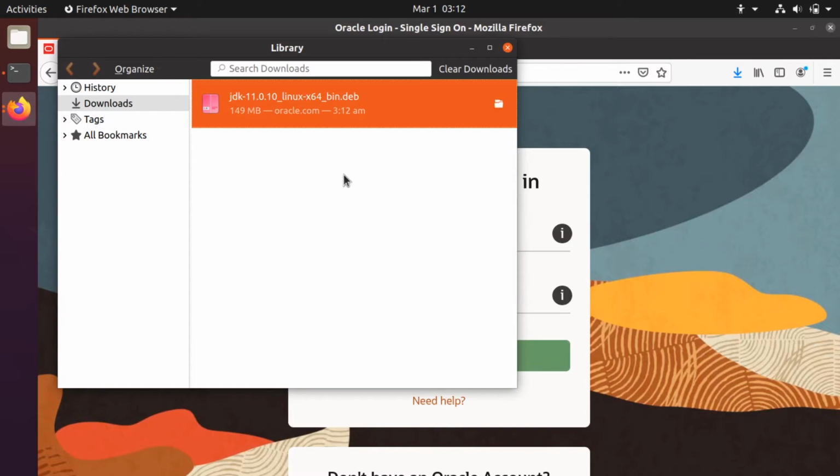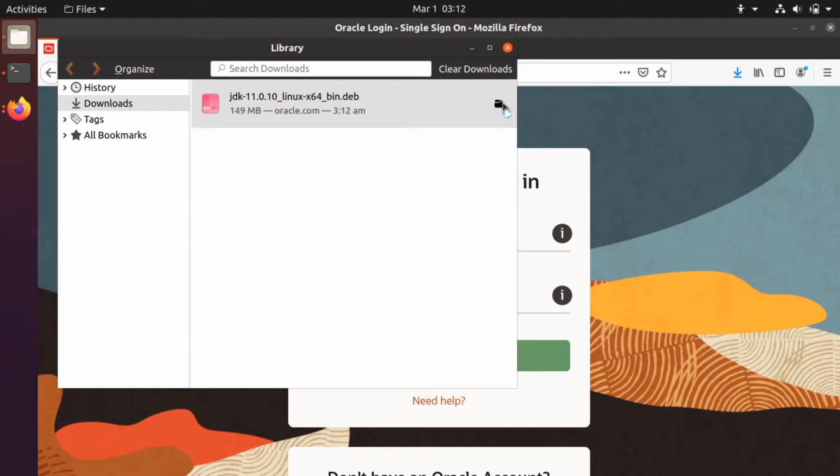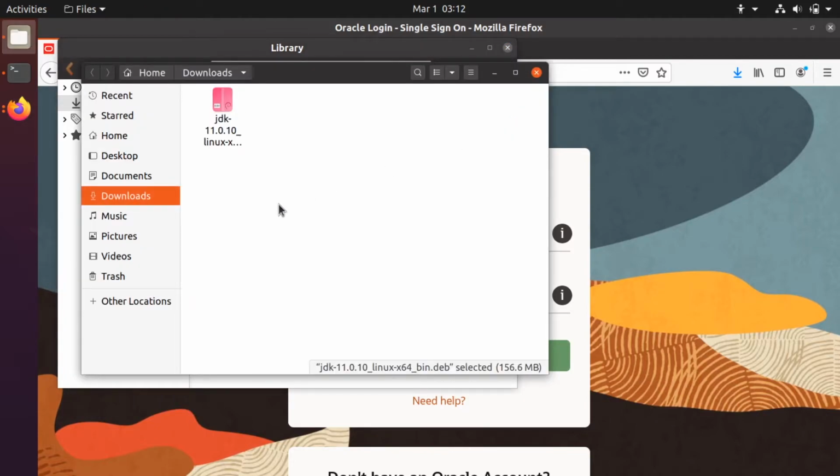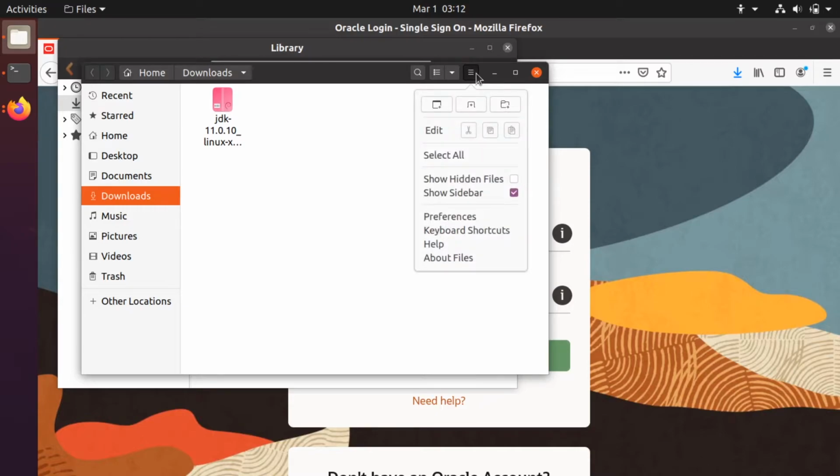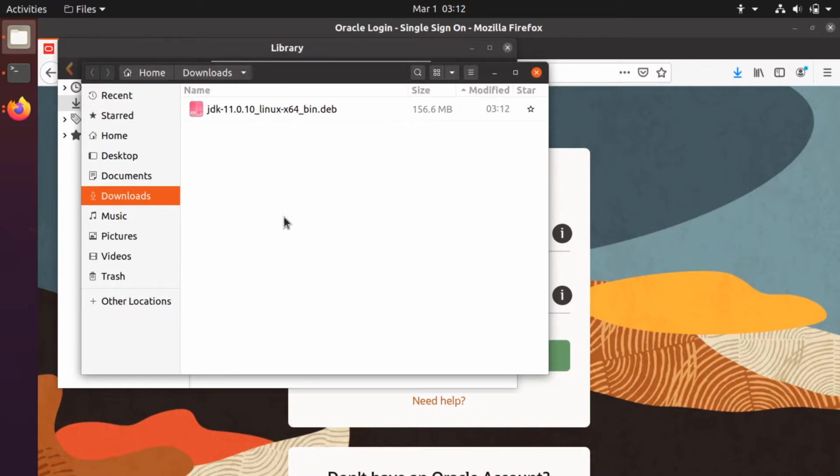Our download has been completed. Let's open the folder. So our Debian file will look like this.